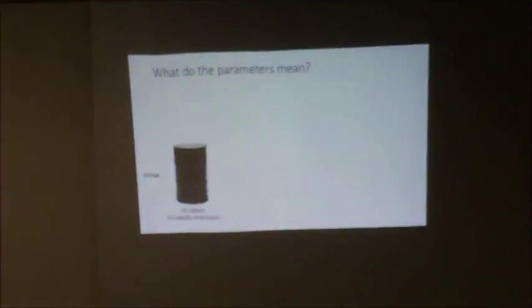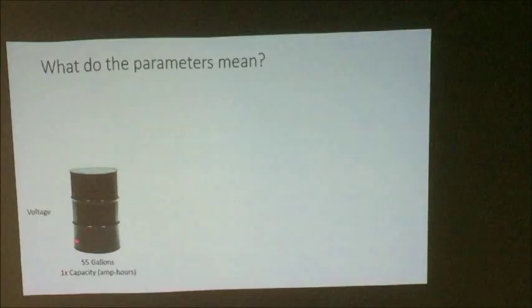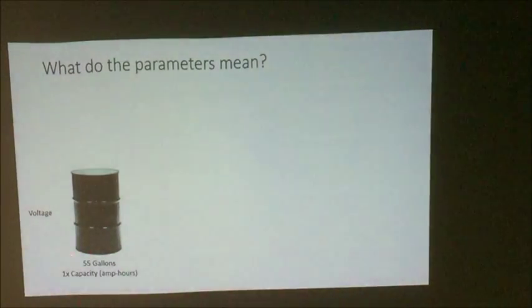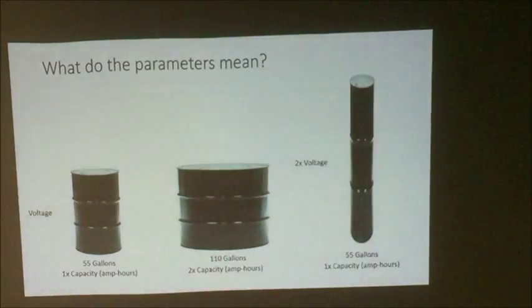Okay. So what do the parameters mean? If we think about voltage as the pressure, equivalent to the height of the water level in a barrel, and the size of the barrel representing the capacity, the point here is that you can have a battery with the same voltage but a higher capacity, or you can have a battery that has twice the voltage